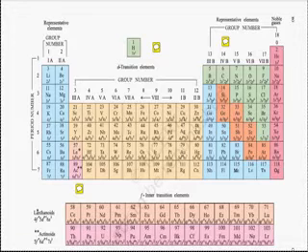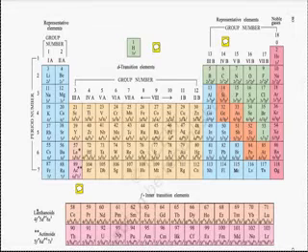Then elements like Zn, that is zinc, Cd, cadmium, and Hg, which is mercury, over here in group number 12, do not show most of the properties of transition elements. So in a way, transition metals form a bridge between the chemically active s block elements and less active p block elements, that is group 13 to 14.